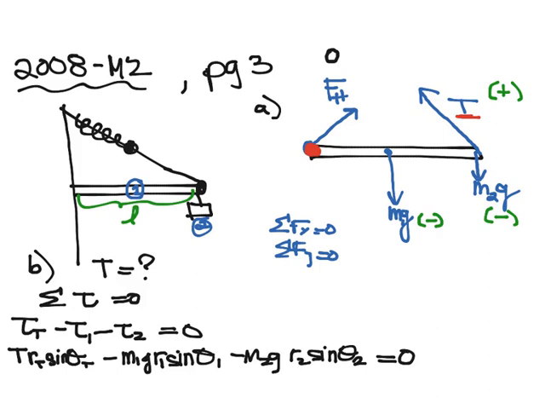Okay, so I know that the radius for T, because it's L away from my pivot point, will just be L. So I have T times L. My angle is given to us, that's 30 degrees, so TL sine 30,